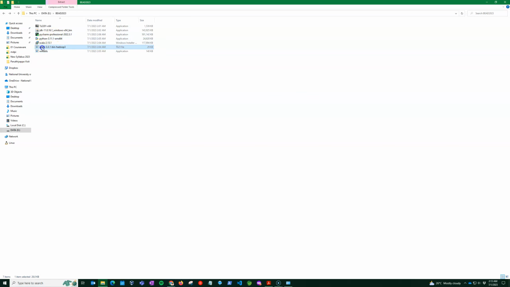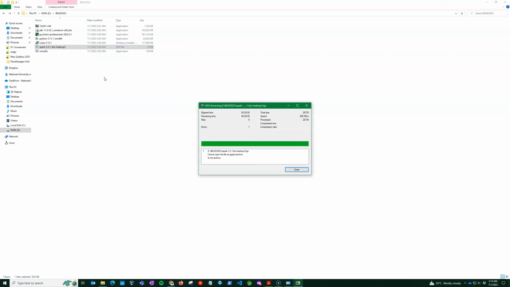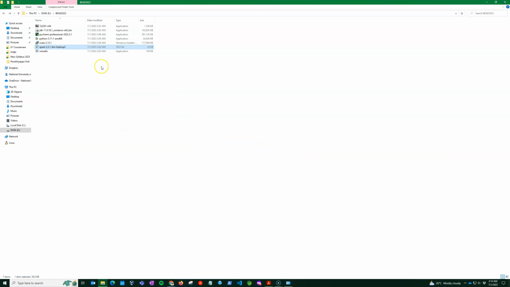For the Spark installation, I have to use 7-zip. So I right click the file, choose 7-zip, and then say extract here. You will see that this is 29 kilobytes. When I say extract here, it creates another zip file, which is slightly bigger because it's a double compression. So when you say close, you're going to likely see,